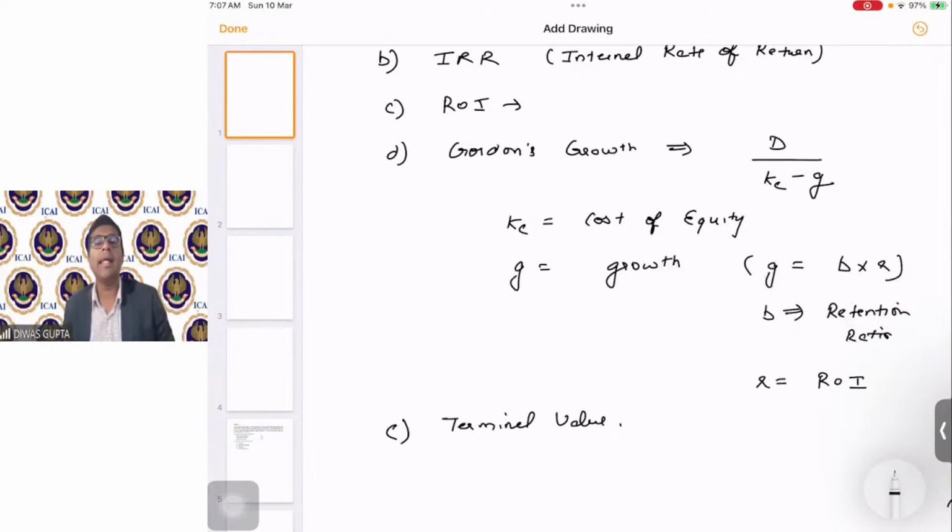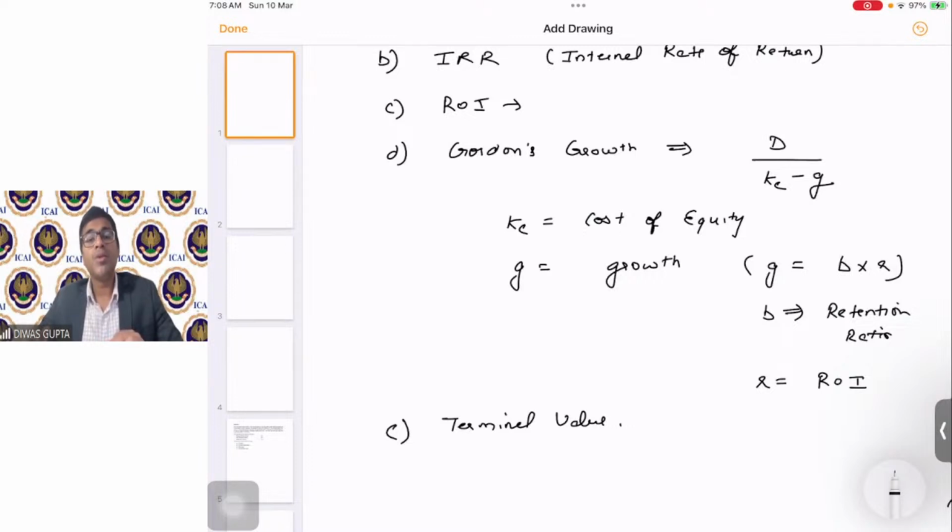While valuing anything, let's say any business or company, there are two terms. One is the explicit period and the second is the terminal value. Explicit period is for the period for which we have individual forecasts. Let's say we are valuing a business, we do a 5 year forecast, then for the 6th year, we assign a terminal value. Terminal value means that we cannot forecast the estimates till perpetuity, right? So we need to take a present value of all the future cash flows as on the 5th year. That is called terminal value.